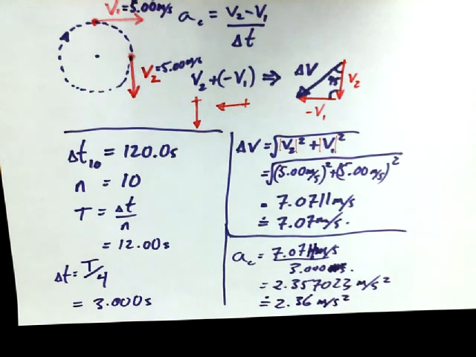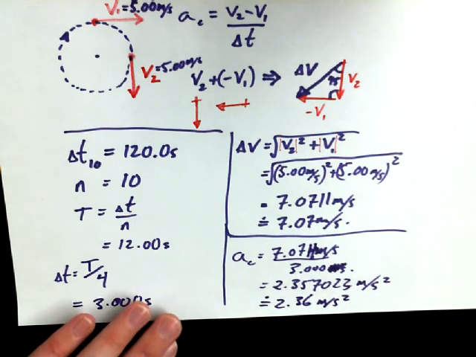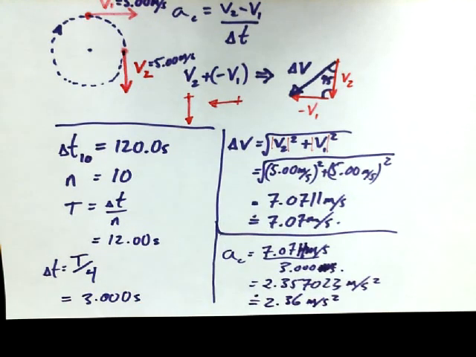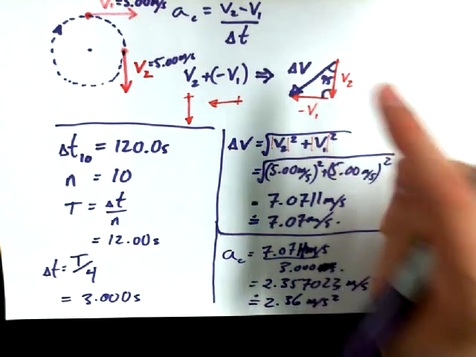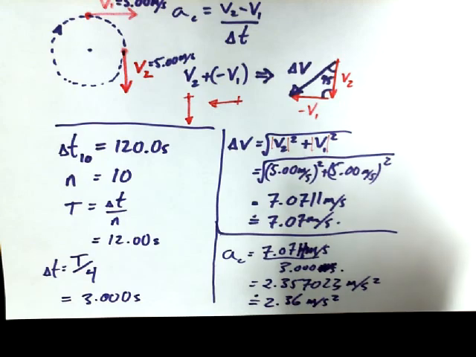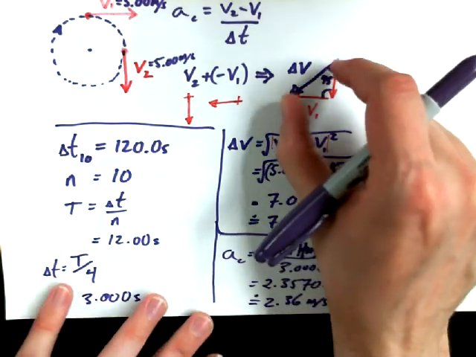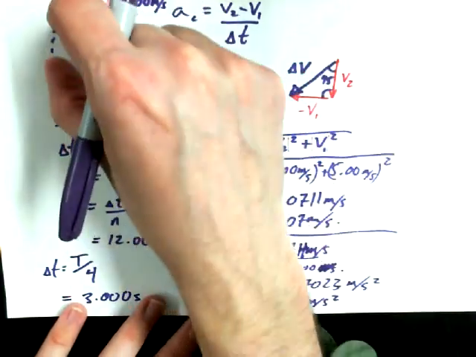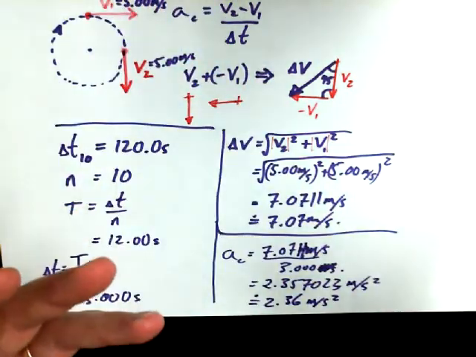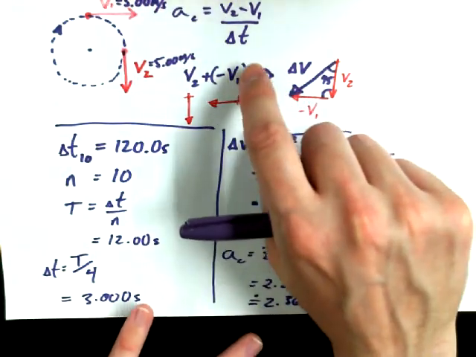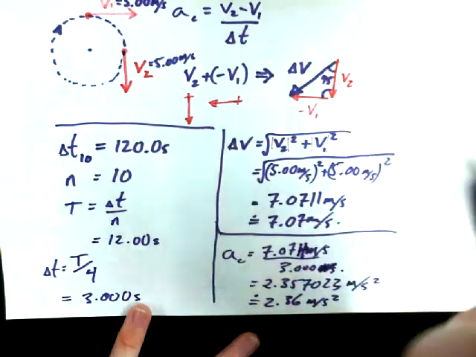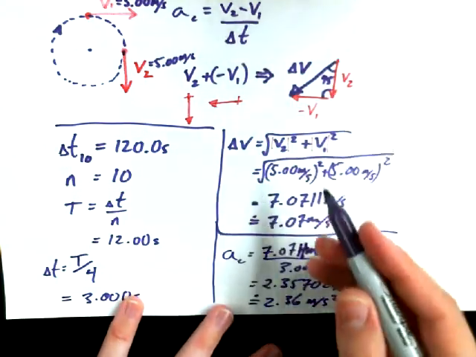Okay, so we do have an acceleration. But what we don't have yet is a direction. We can see it's 45 degrees, but I'm not really sure what that means. This is a vector that has an angle, but where does it attach to the motion? How does it attach? What we've really found here is the average acceleration, because what we never really talked too much about, I guess we did, but